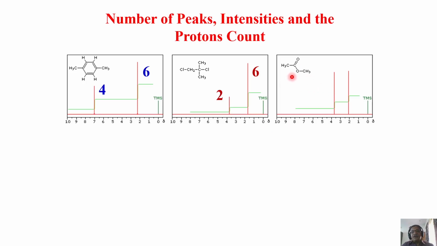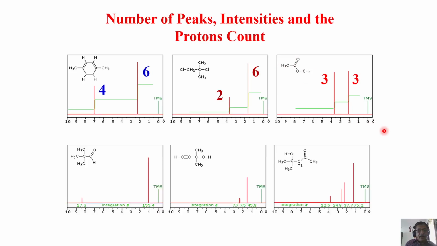Come back to this molecule, which we saw already. Acetamide. So we saw that, this is CH3, this is CH3, but they are not chemically equivalent. So they are 1:1 intensity ratio. Both are CH3 protons. Okay. Now go to the next set of molecules just to understand very quickly.